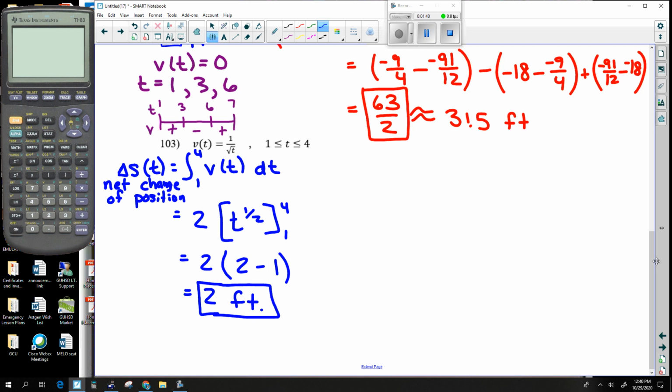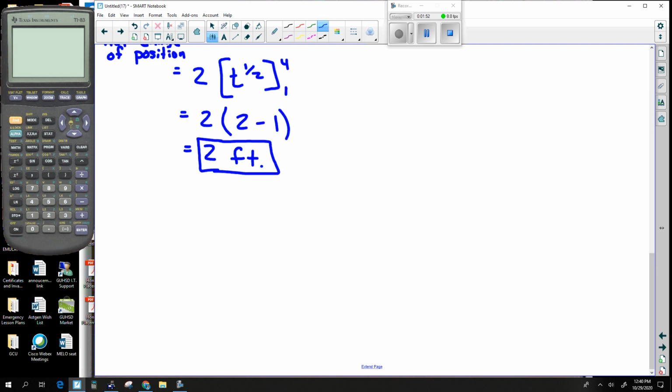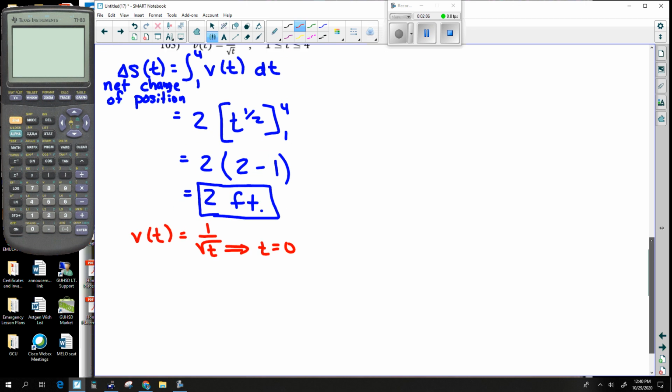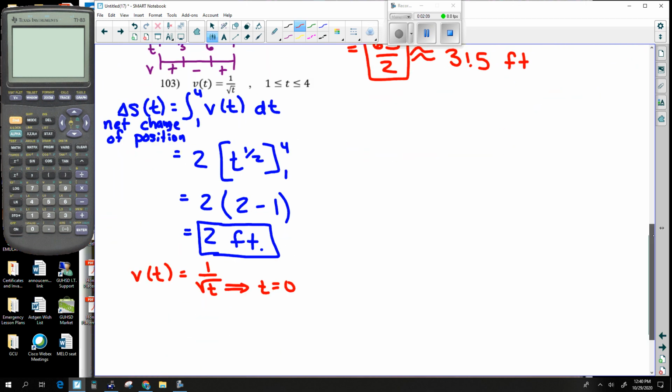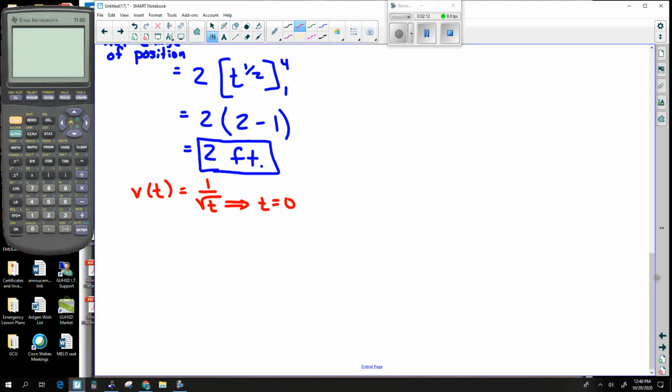so I see that I have a critical point of velocity at 0. So if velocity is 1 divided by the square root of t, I see that I have a critical point when t is equal to 0. However, I notice that is also not in the realm of 1 to 4. So when I'm testing this time and velocity, I'm only interested in the interval that I need to know, 1 to 4. And I see in the interval of 1 to 4, the velocity is obviously going to be positive. So that means that this